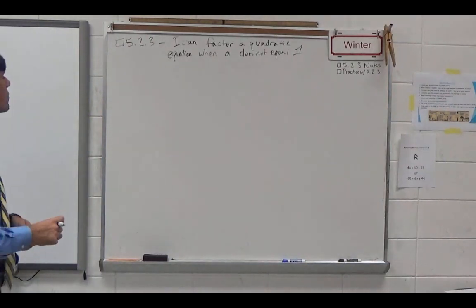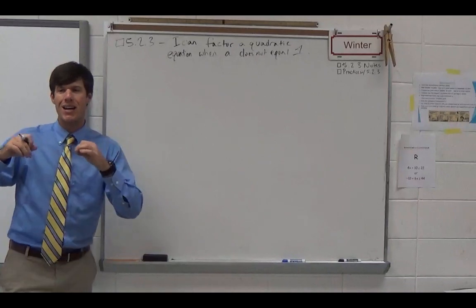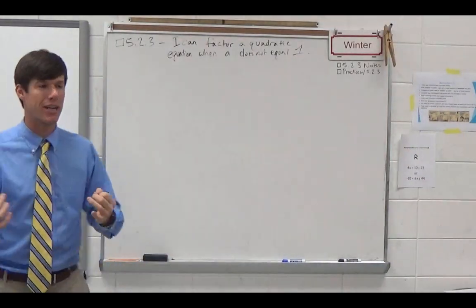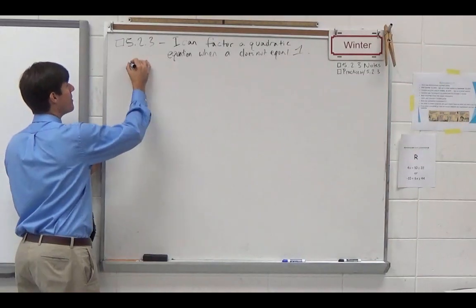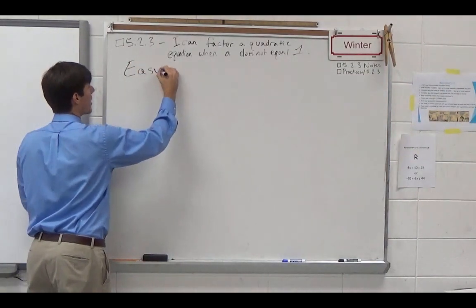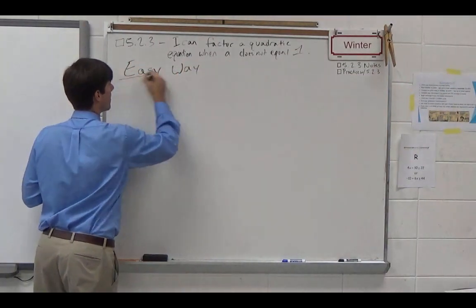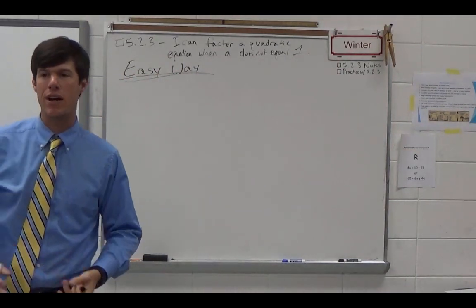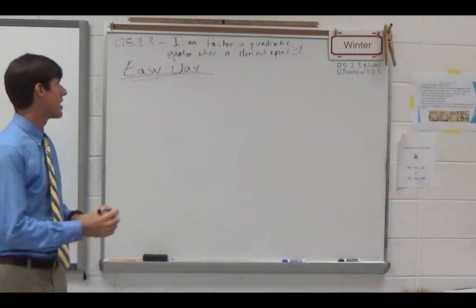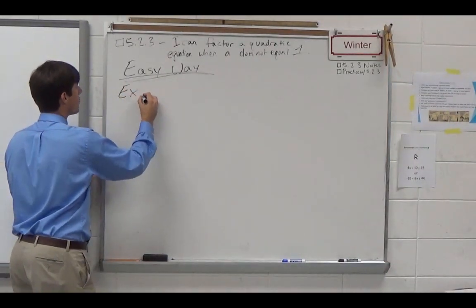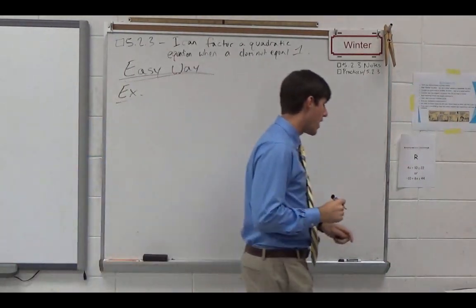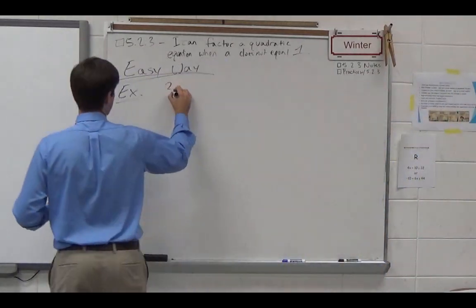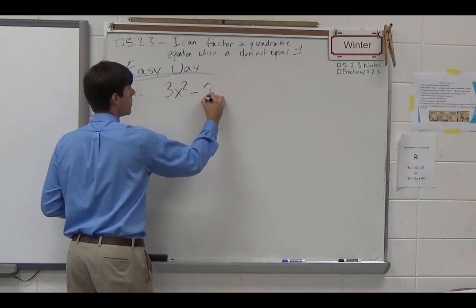Alright, so we're just going to call this factoring the easy way. That's the easiest way for us to remember it. We're calling this factoring the easy way. Okay? The only way I can do this right now is just jumping in and showing you an example. Okay? So this first example is just going to jump right in. We're going to start doing this. 3x squared minus 2x